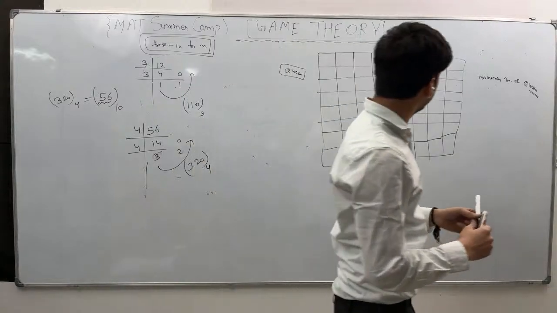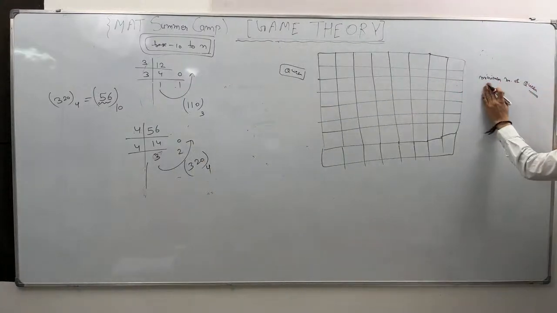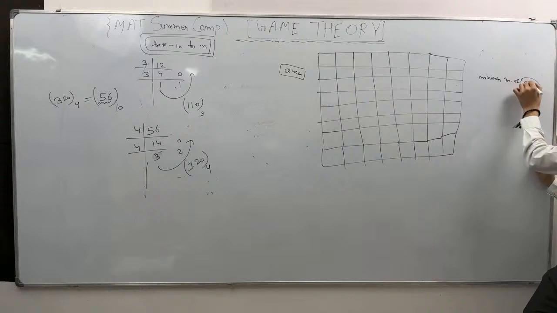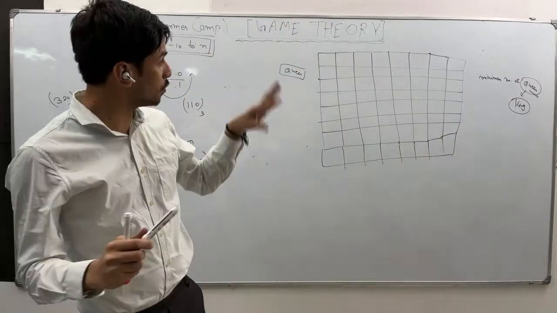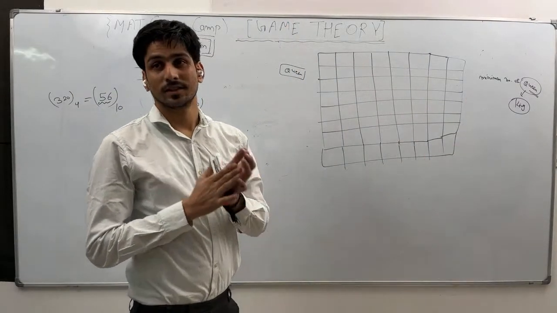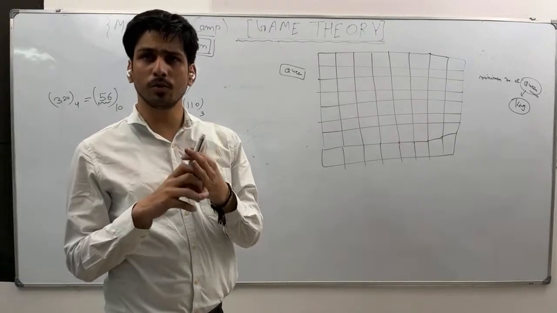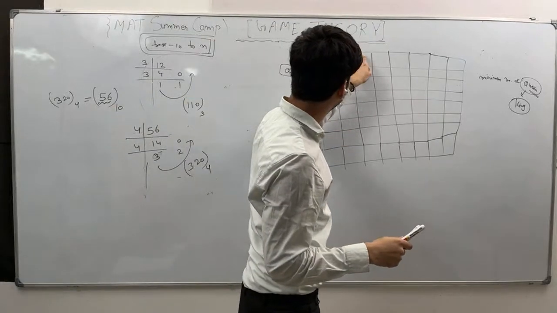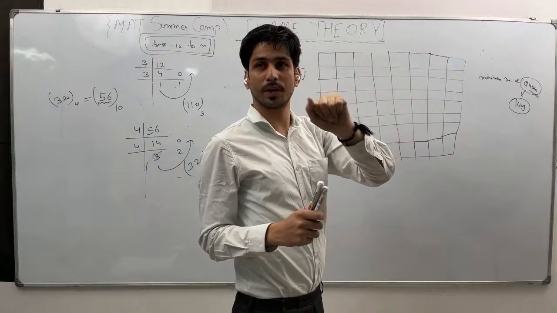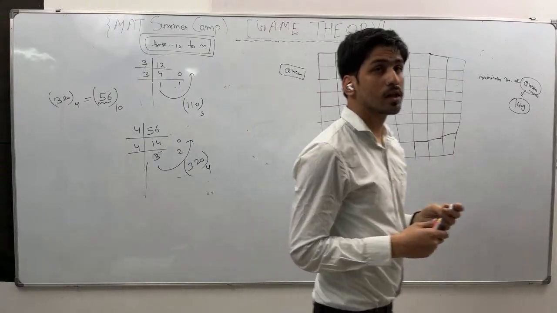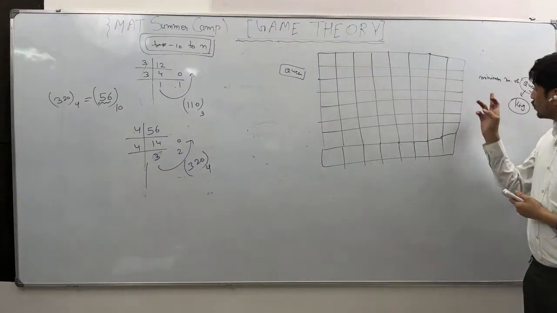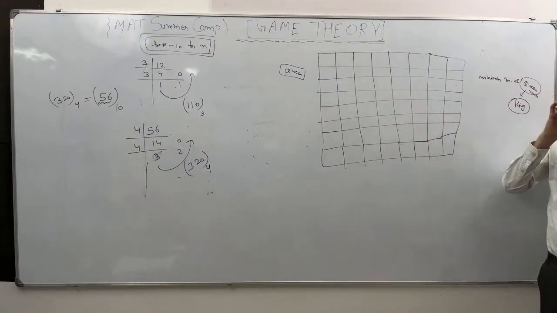And to make it easy, let's talk about the minimum number, and instead of queen, let's talk about king only. So this will give you some insight. What is the minimum number of kings I have to put so that all boxes are covered? King, you know how the king moves. Let's say king one is here, so the king can move in any direction, but only one step. Like if king is here, he can cover this 1, 2, 3, 4, 5. So how many minimum number of kings do I have to put here so that they can cover the